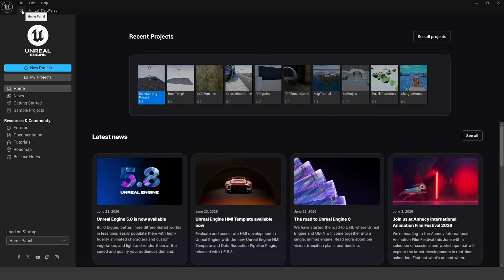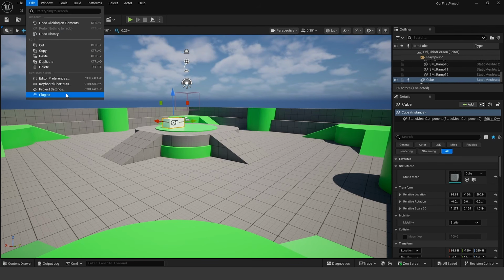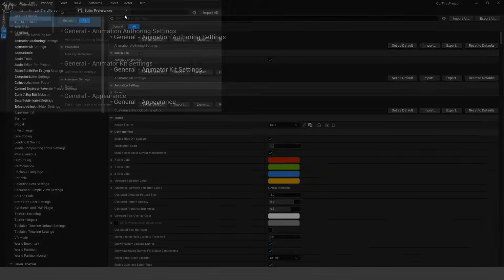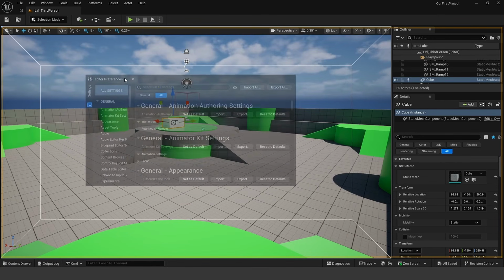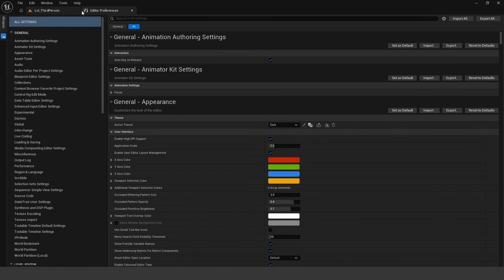I'm not really fond of this. I don't really use this at all. Maybe this might be useful for you. Then to the right of that we have the level, third person. So if you click on a tab, like for example, if I open up the editor preferences window, we can actually dock this window at the top. So if it opens like this, you can actually take this window and dock it at this top tab,